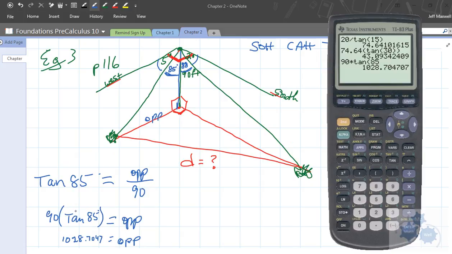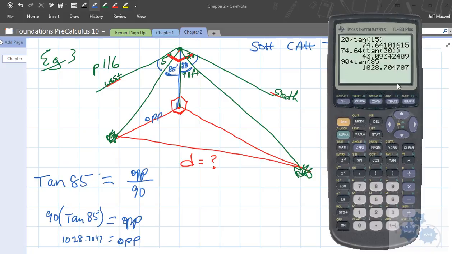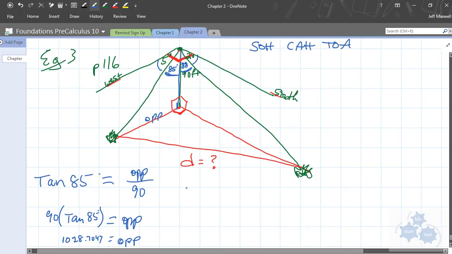So on the calculator here, if you figure that out, it's 1028.7047. Keep as many decimal places as you can, and certainly keep all of the decimal places that show up on your calculator screen, in case you can use that later. So that's the first one here. So we've got 1028.7047,